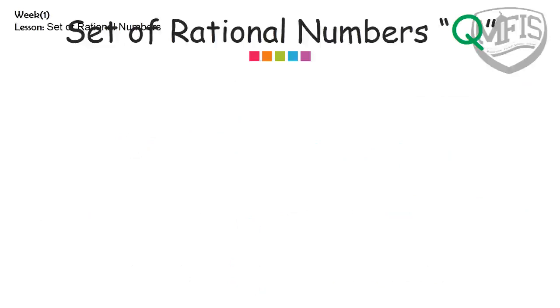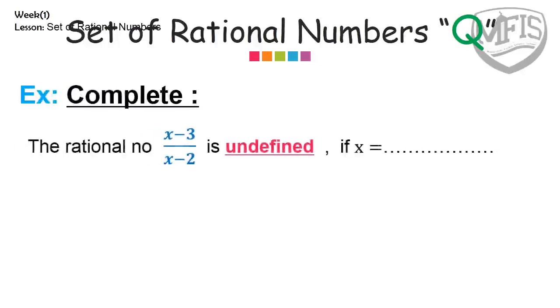Now, guys, let us find the solution of this example. The rational number (x minus 3) over (x minus 2) is undefined if x equals what? I need to find the value of x for which this is undefined. If we have found the word undefined in my example, we have to know the denominator